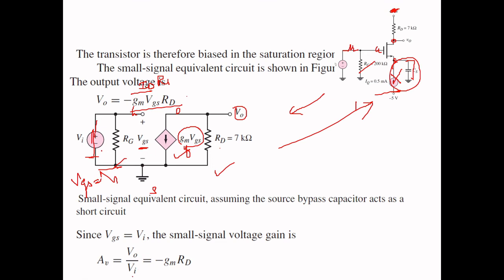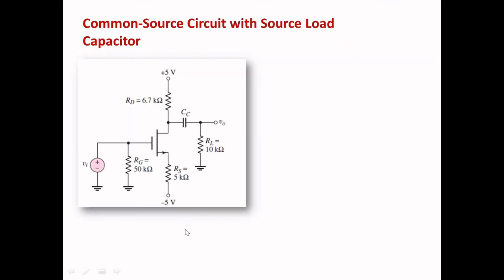With that consideration, I have determined minus gm times RD. So this is for the bypass capacitor. Okay, finally the last circuit is your common circuit with your